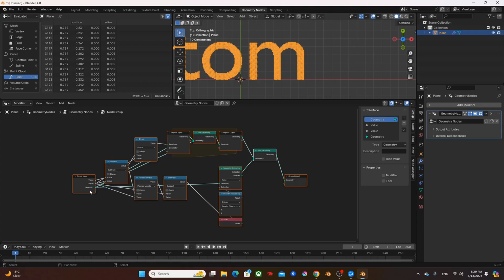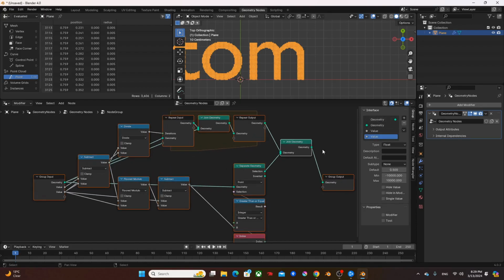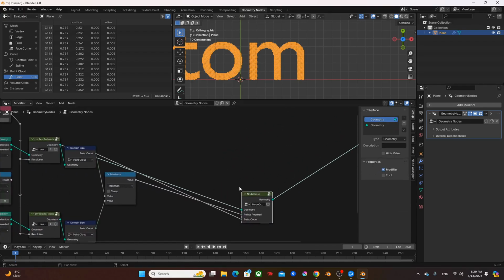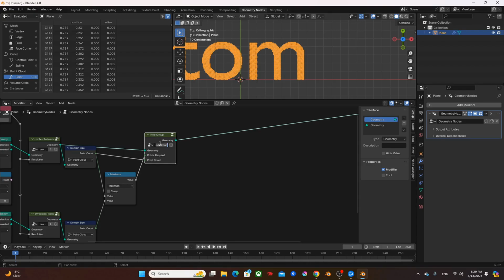Control G, make it into a group. I'm actually going to reorder the input, and the second value should be points required, and the third is going to be point count, and these are both integers. So I'm going to change the data type as well. All right, now I'm going to hop back out, change the name to add extra points,